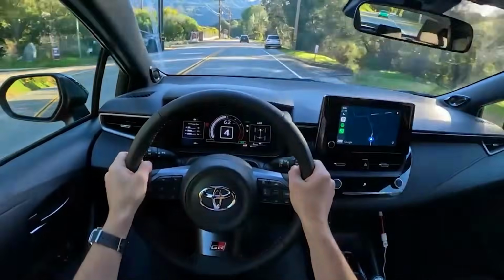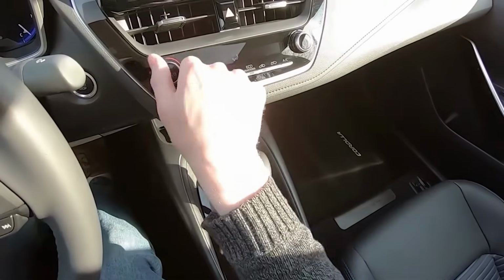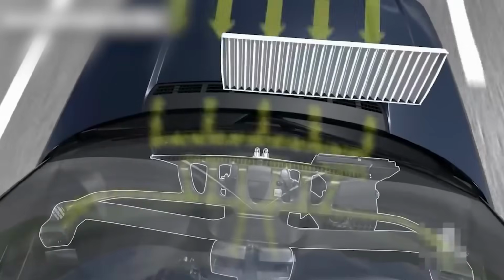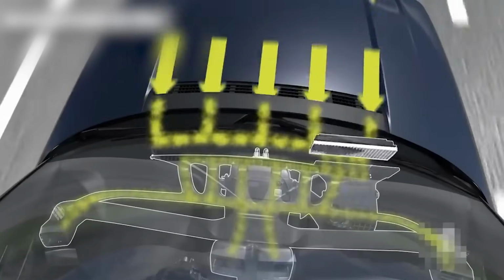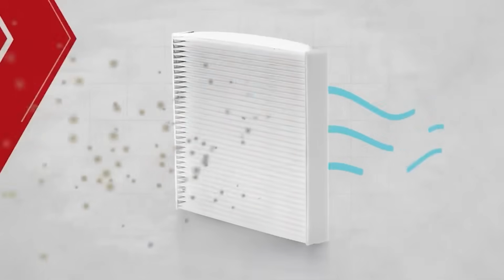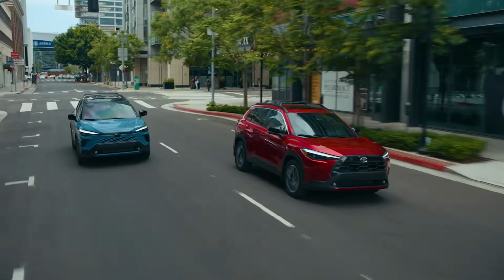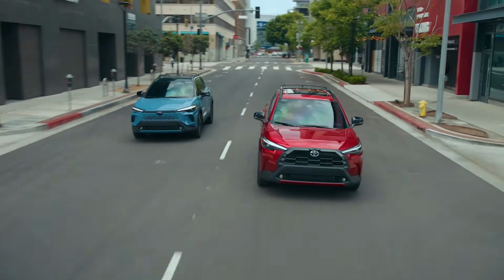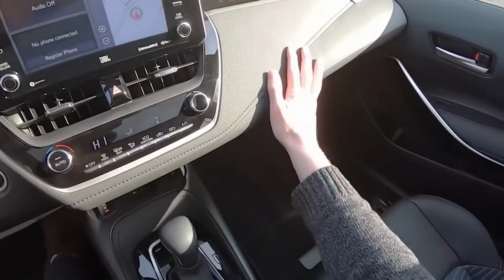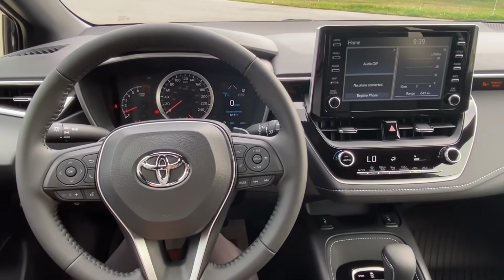However, in some Toyota models, holding that same button for a few seconds can trigger a more intensive airflow cycle through the cabin air filter. At that point, the system increases how quickly air is processed, helping it clear out lingering odors, smoke, dust, or pollen more effectively. This becomes especially useful after driving in heavy traffic, parking under the sun, or passing through dusty or polluted environments. The result is a cabin that refreshes faster and feels noticeably cleaner without needing any sprays or